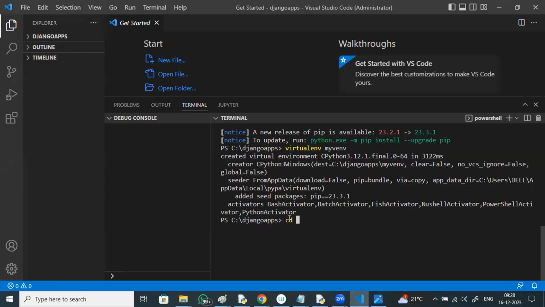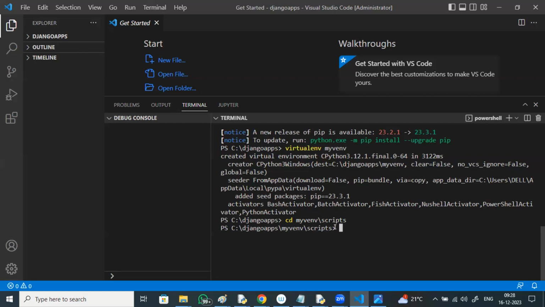Change your directory within the C drive. Okay, Django apps you are able to see. Change your directory to my venv, my virtual environment, within that Scripts folder. Now you can see that path. Which path are you currently in? In C, Django apps, my virtual environment, Scripts folder. I got this path, the Scripts path.